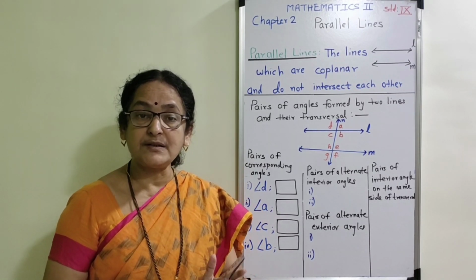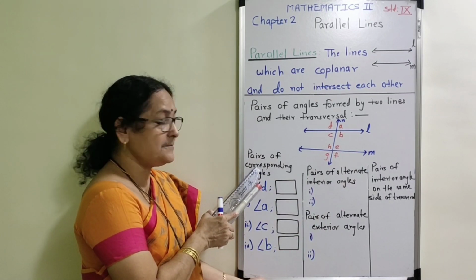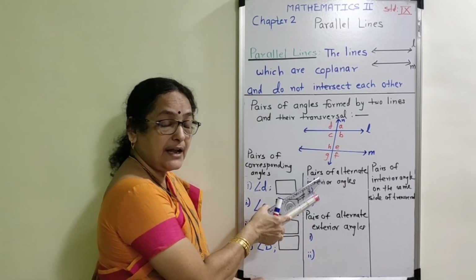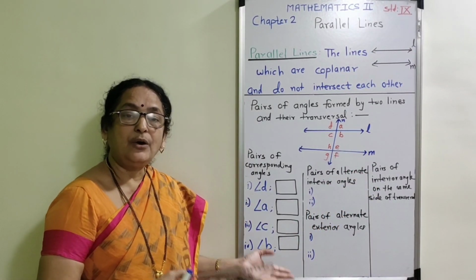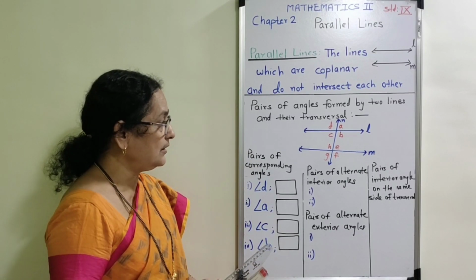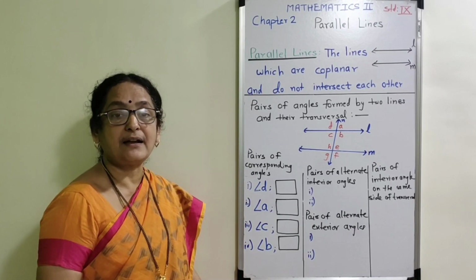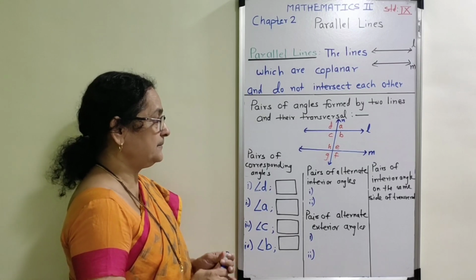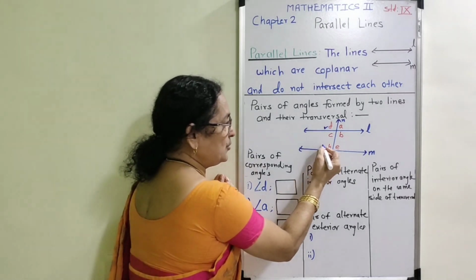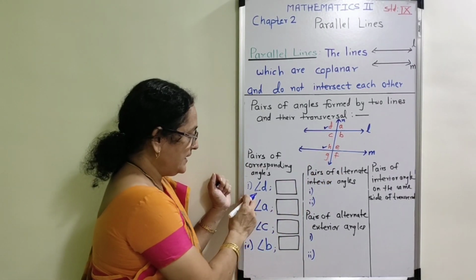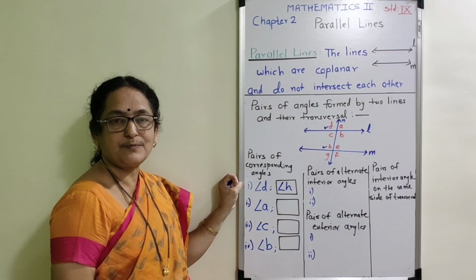There are different pairs of angles. Those are of 3 different types. The first type is corresponding angles, the second type is alternate angles, and the third type is interior angles. Now which are those 3 types? We are going to learn that. I will explain first of all how many corresponding angles are there in the figure. Now observe the figure. First of all, if I select angle D, then at the same position there is angle H, and therefore angle D and angle H is the first pair of corresponding angles.